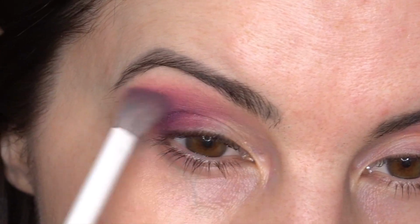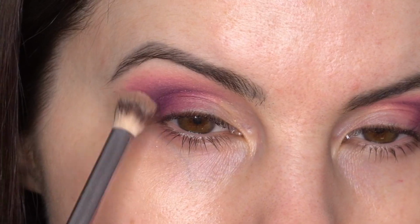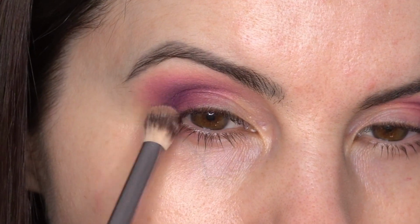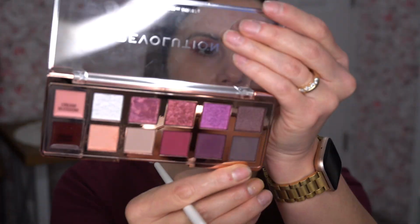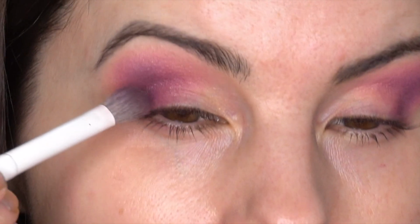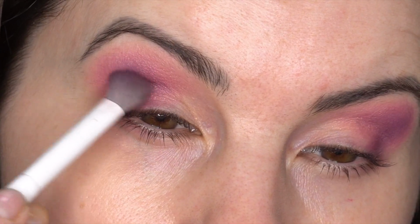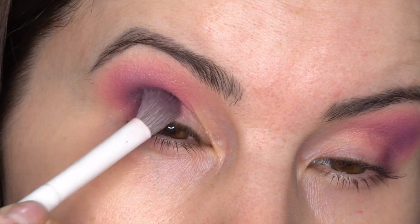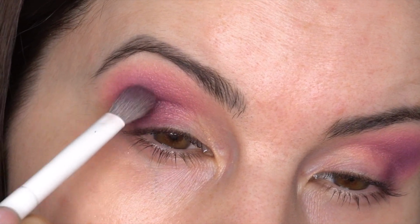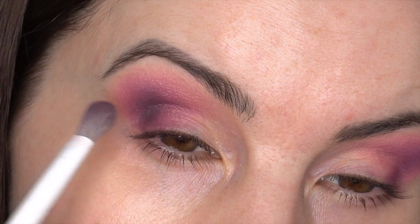to blend it away. I'm gonna go back with that first shade that I used in the crease, and I'm just gonna go around the edge of that purple. Okay, and then to deepen this up just a little more, I'm gonna go in with that darkest color, and I just got that on the tip of that same Morphe M332. Just focusing that a little bit more